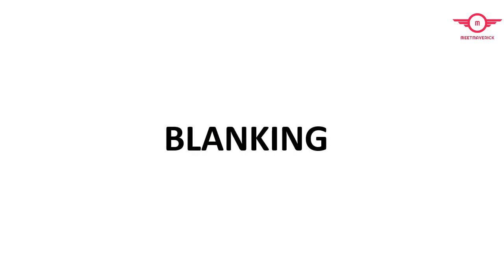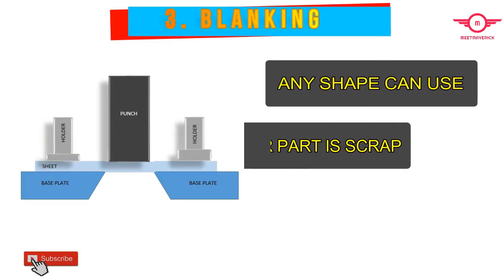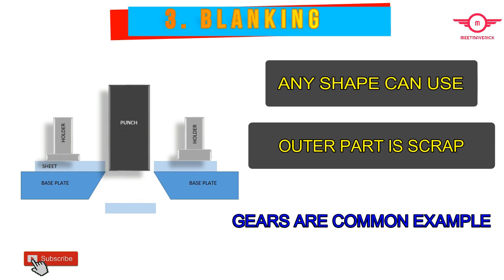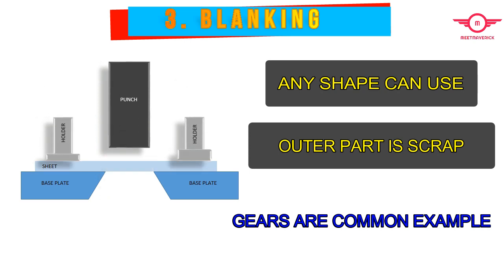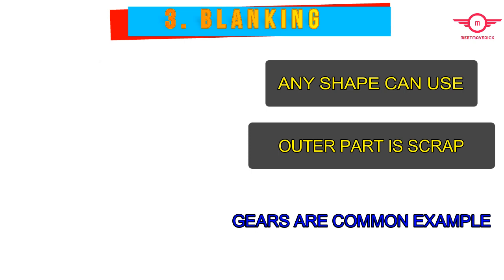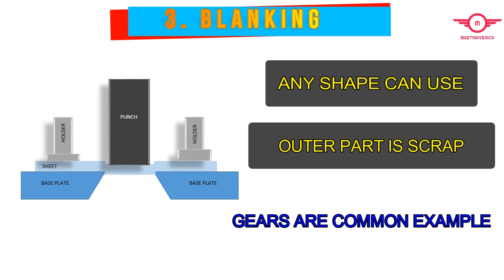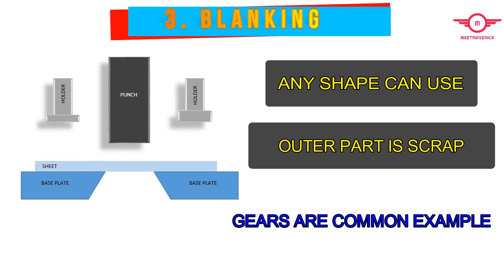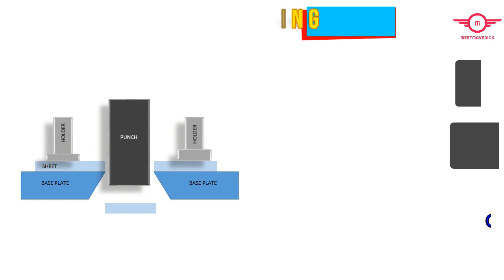Blanking. Blanking is an operation in which a workpiece of a predetermined shape is cut from the sheet. Blanking tool can be of any shape and size. Blanking operation is used mostly for 2D shape cutout and can be used for multiple sheets at the same time. Blanking operation is used to produce the blanks for gears, jewelries, automotive chassis, etc.